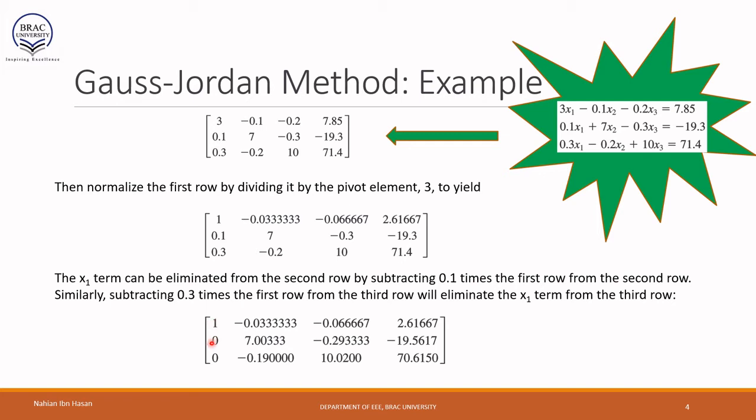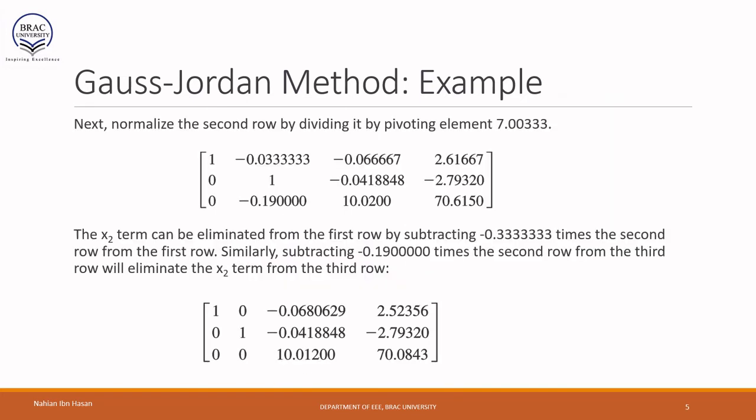We have eliminated the first two terms under the principal diagonal, and we need to go further to make the diagonal elements, to make the off diagonal elements 0. Now what we got in the next step, we need to eliminate this term, that means minus 0.19, which is